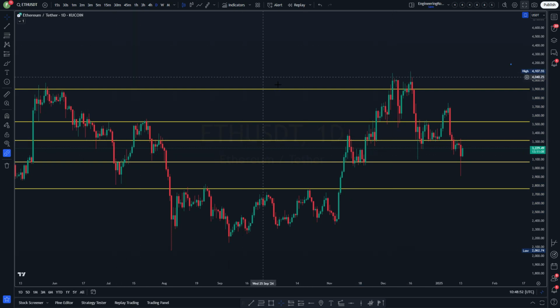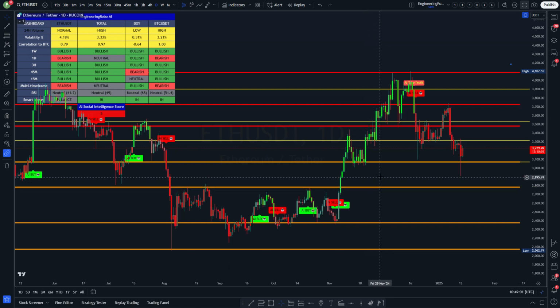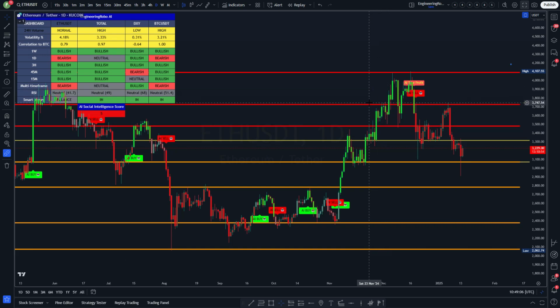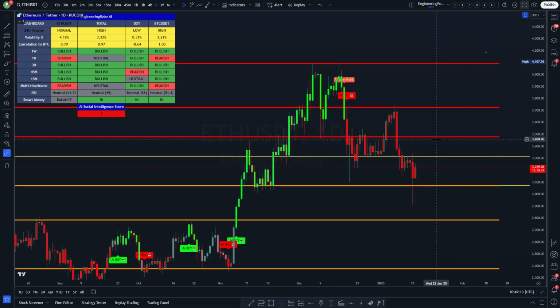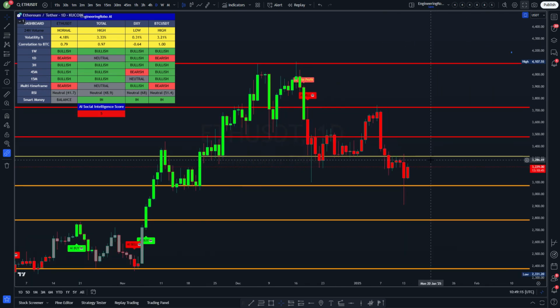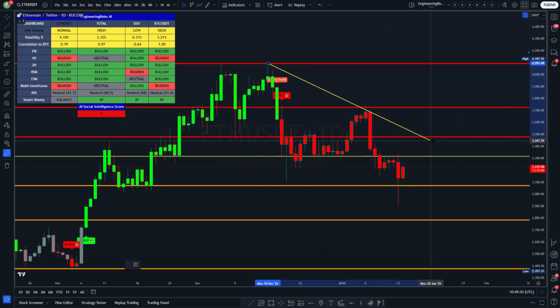And now if I switch on EngineeringRobo to understand what that is telling us, we can see that the horizontal lines are very similar to what has been generated by the actual indicator itself. I love to use the horizontal support and resistance lines because it paints out areas of resistance and areas of support. So looking at the current price, we can see that we're definitely in a downtrend, and we've had an